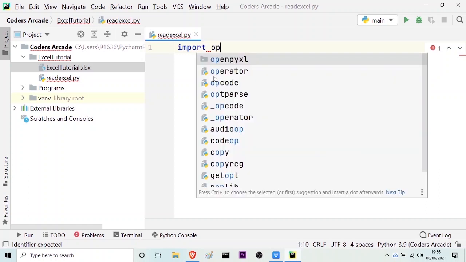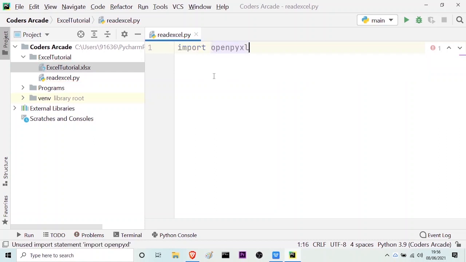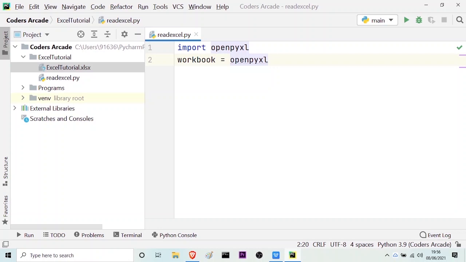So when I write open, you can see it gives me the suggestion for this Openpyxl module. So I'll press enter, and then we have to create a variable so that we can load our Excel file. For that, I will take our variable to be, say, workbook is equal to, then we have to call the Openpyxl module, and to use any methods inside this module, we have to use the dot